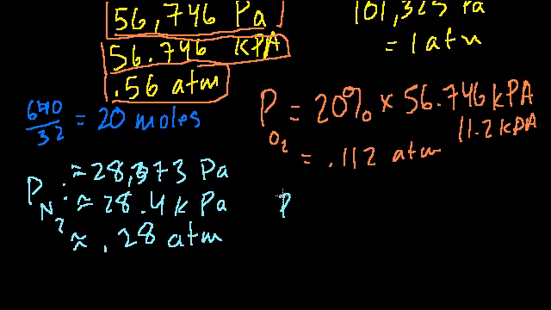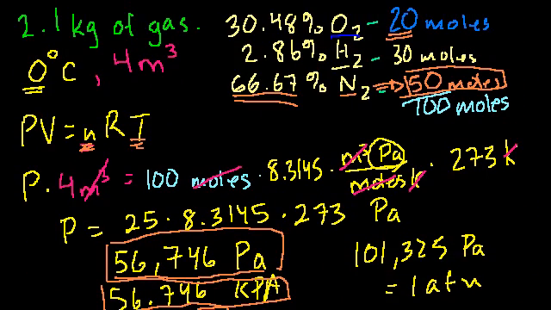And then finally, if you want to figure out the partial pressure due to, let me do it in a different color, the hydrogen atoms. Hydrogen, even though it's a very small part of the mass, actually represents 30% of the molecules. And it's the molecules that are bumping into things. We don't care so much about the mass. So 30% of the molecules,